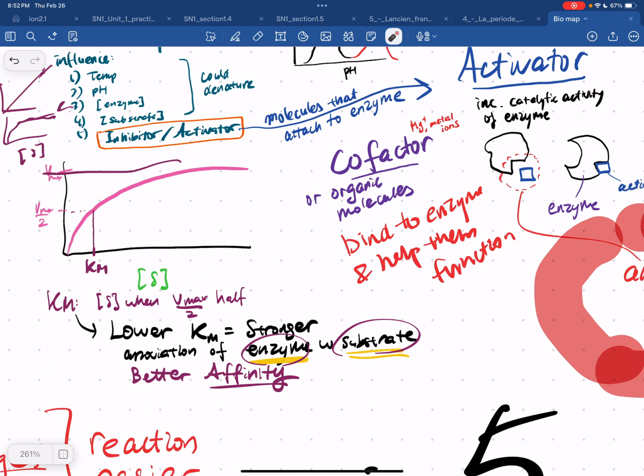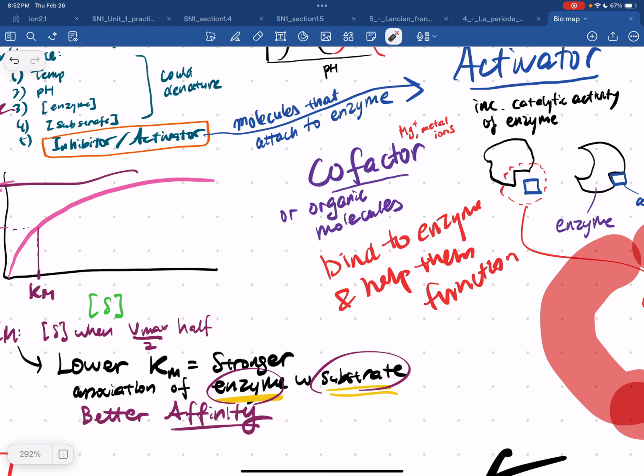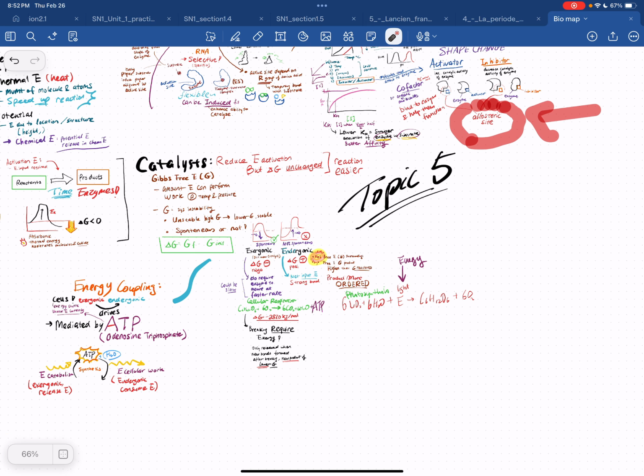And a cofactor is a metal ion or an organic molecule that will bind to the enzyme and help its function. Most of the time they all need a cofactor. And yep, that's all for